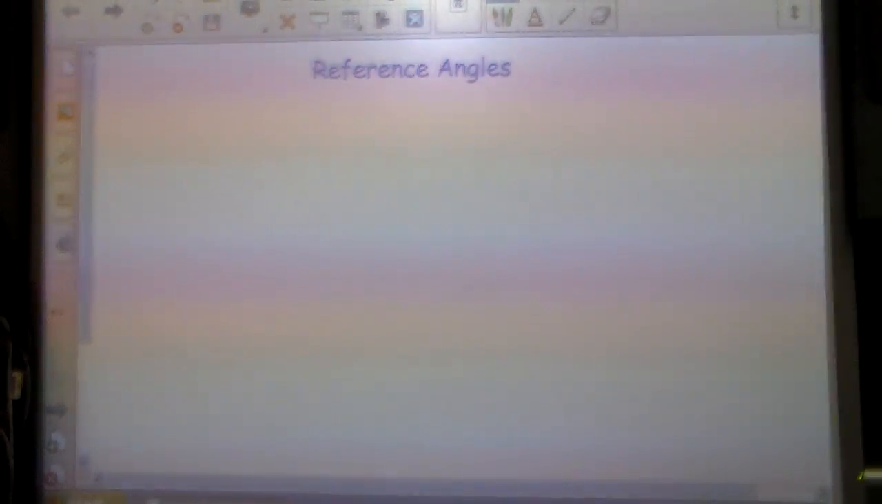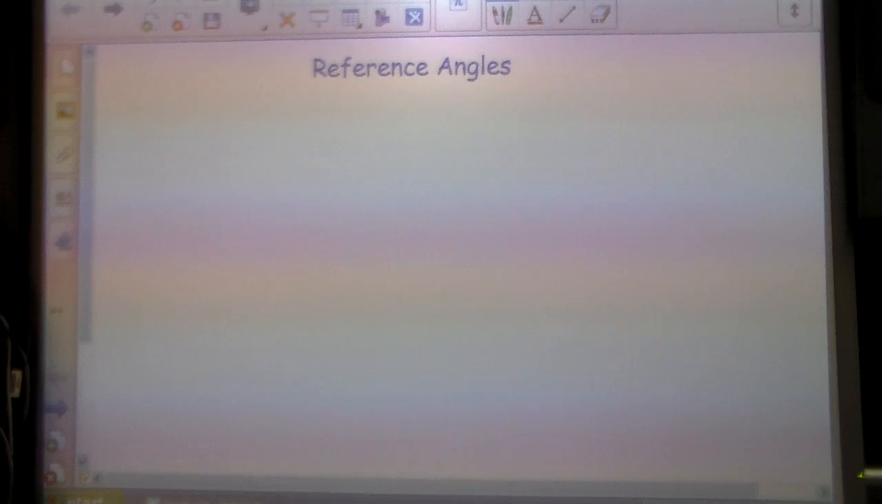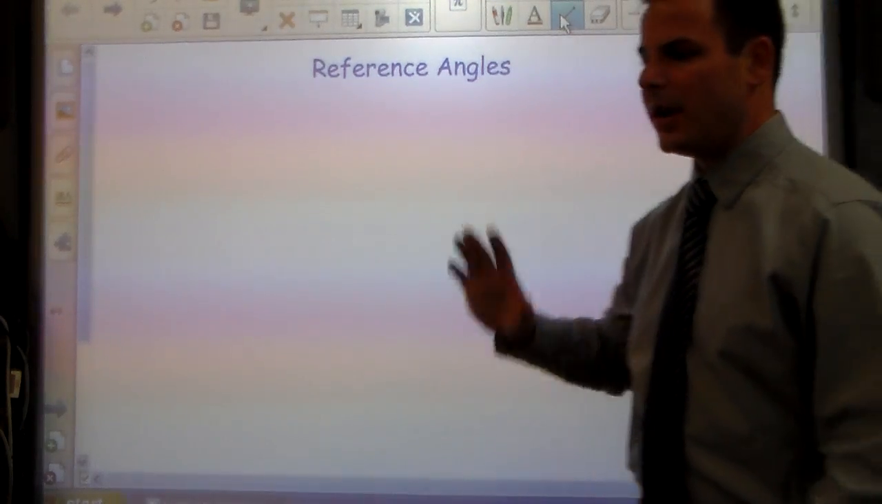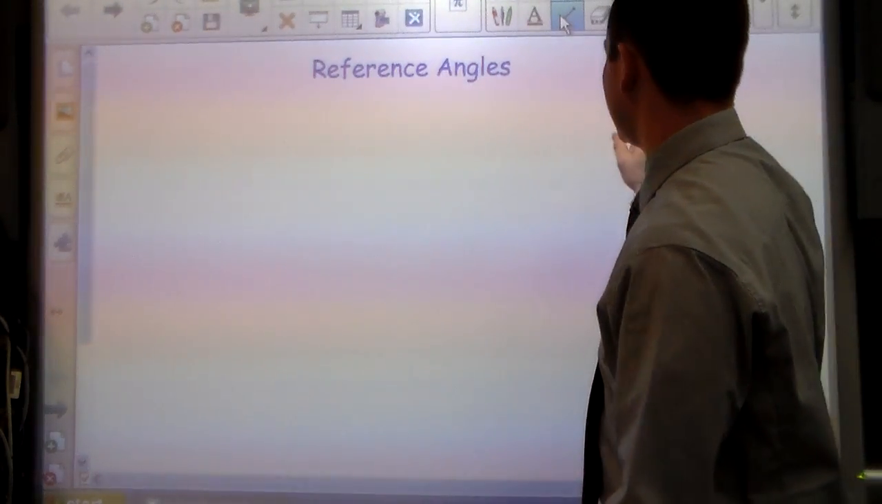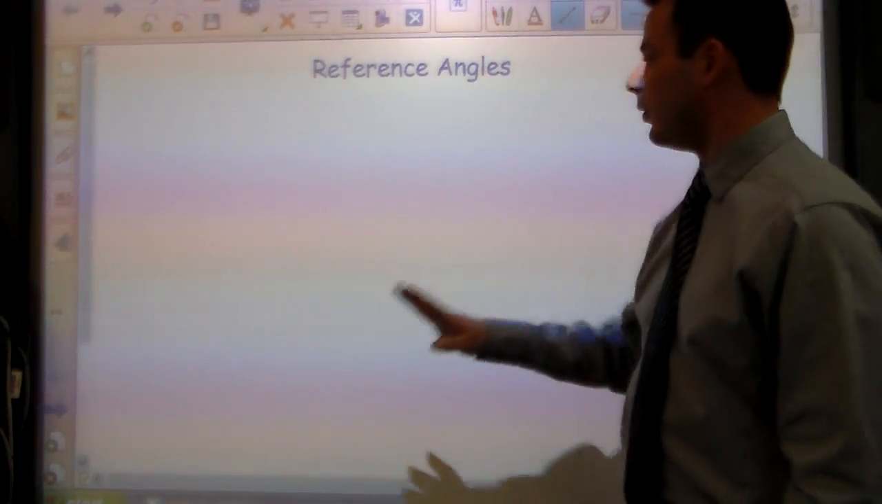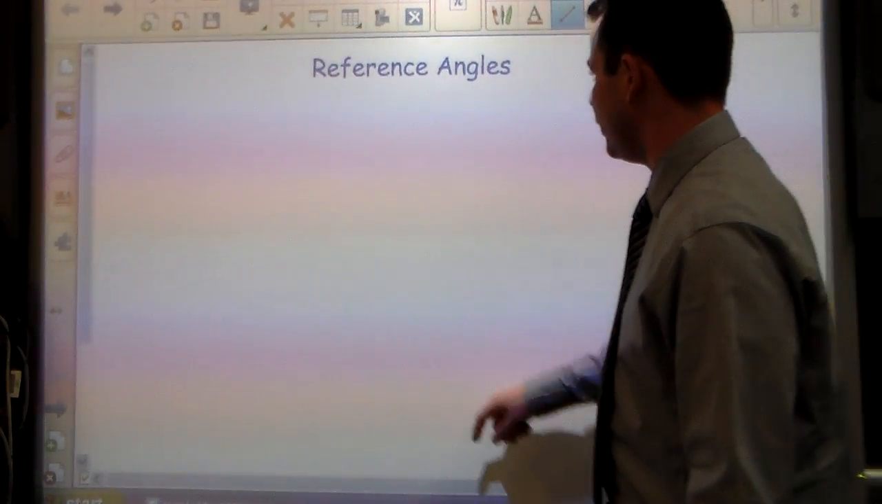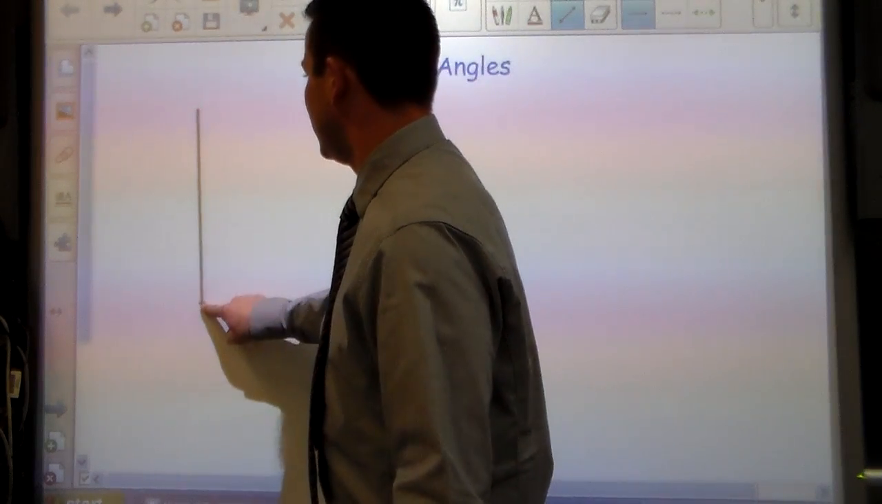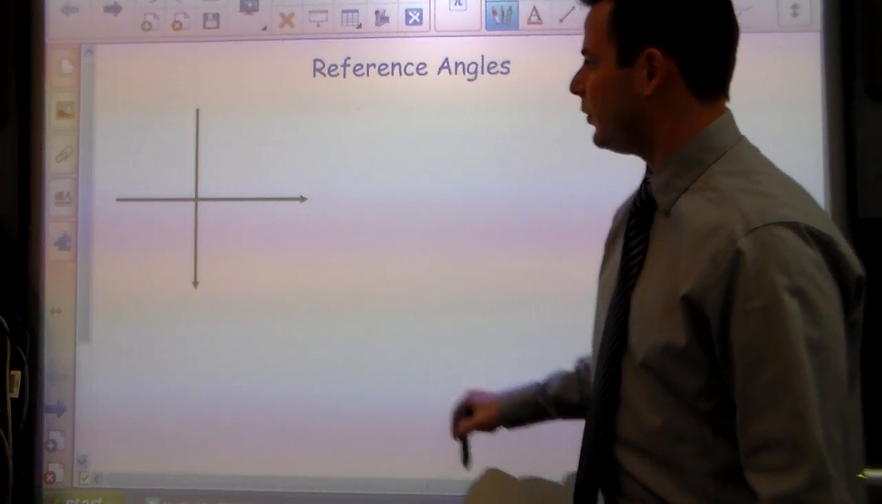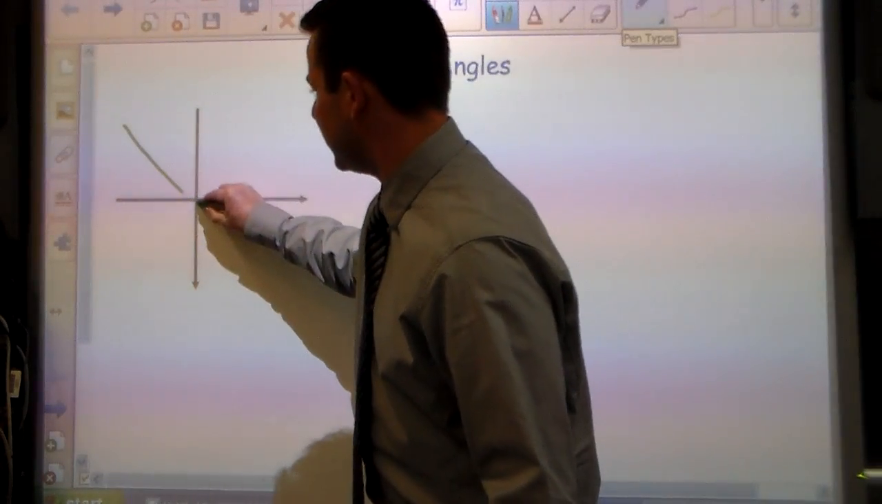Okay, reference angles. First, let's learn what a reference angle is, and then we'll learn what they are used for. So, a reference angle, simply put, in any quadrant, is a distance to the x-axis. So let's go through a second quadrant angle, a third quadrant angle, and a fourth quadrant angle, and note the reference angles. So, if we have an angle of rotation in standard position in the second quadrant,